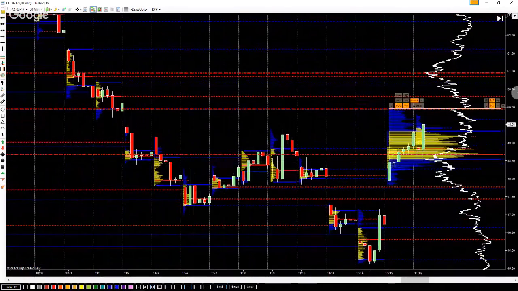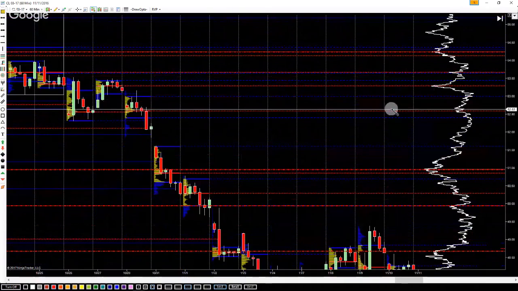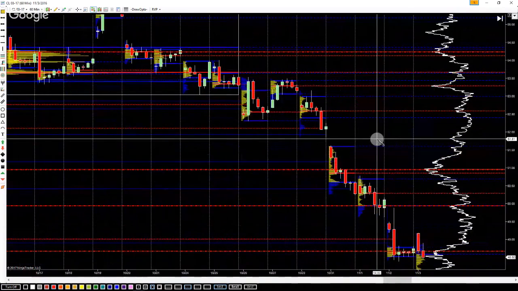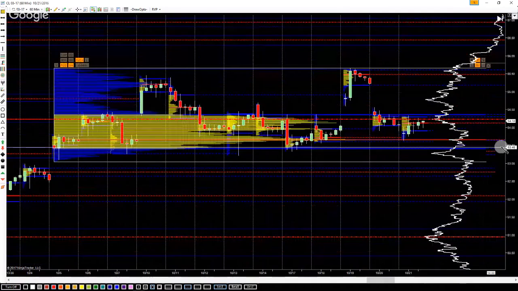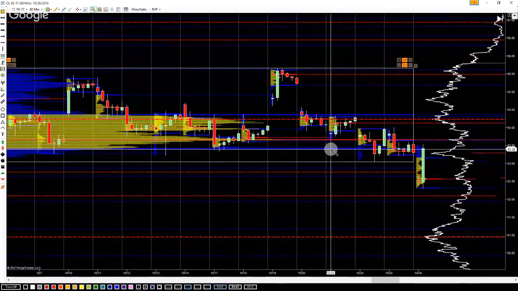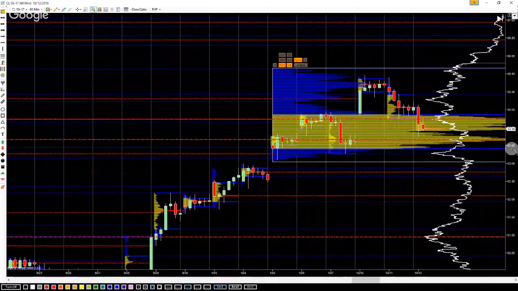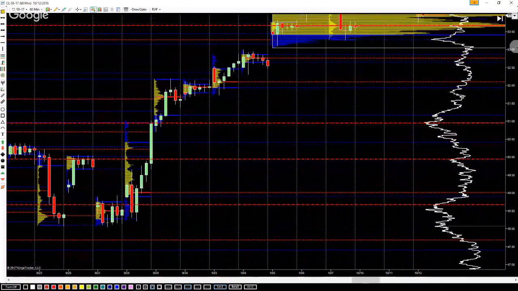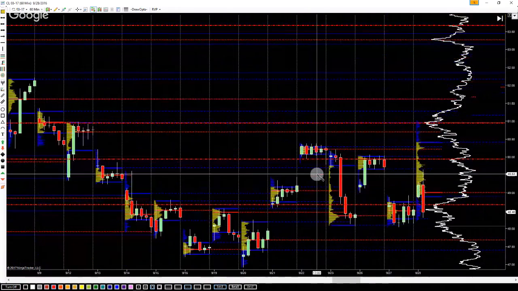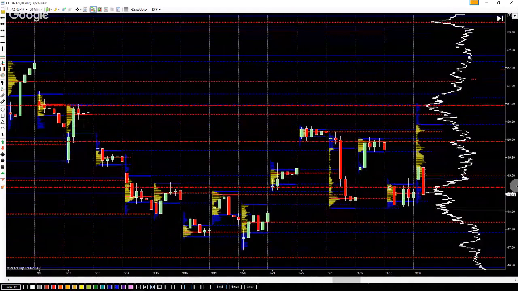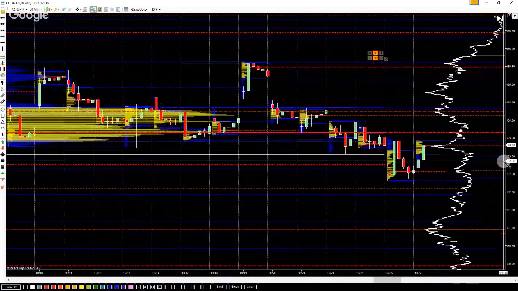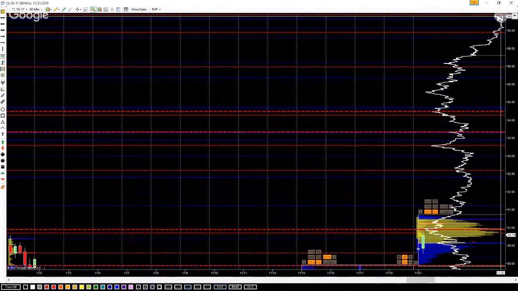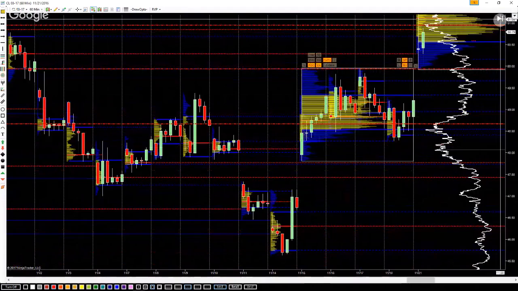Okay, so now let's keep scrolling back. Okay, so here's a microcomposite VPOC. We'll draw that one. And I think that's all we had for here. As I go further and further back, it looks like we can probably add more, but right now they're not needed. There was one other one, if I remember, that I did,